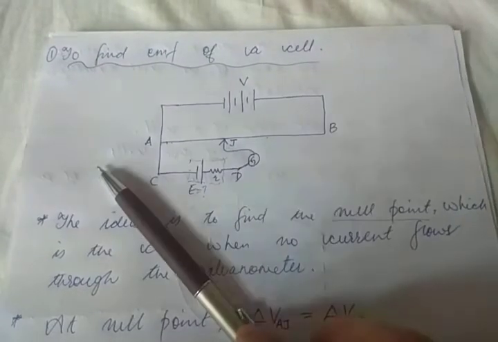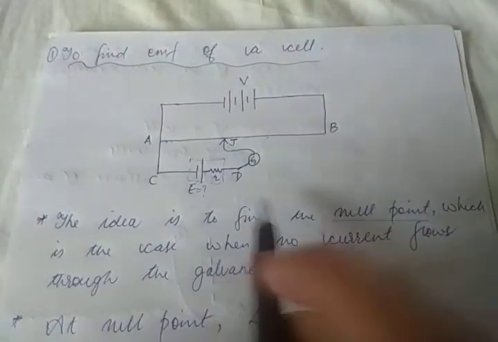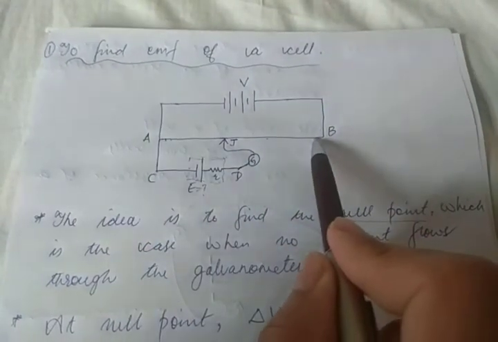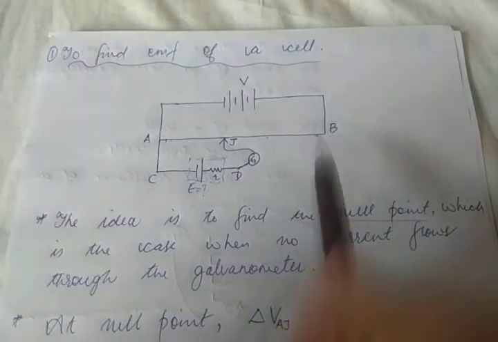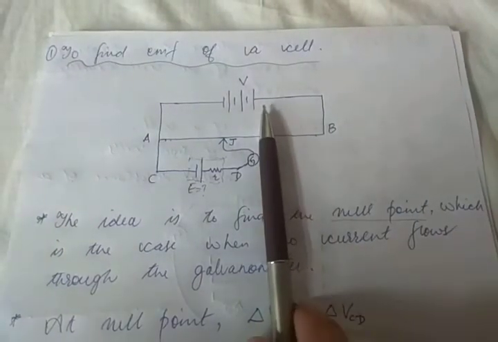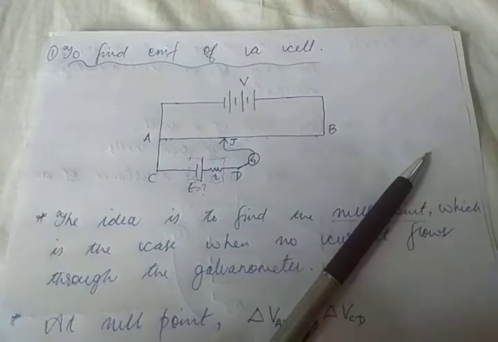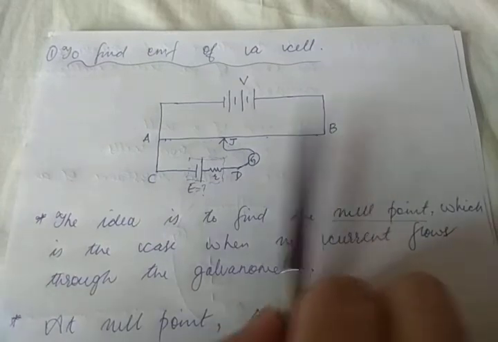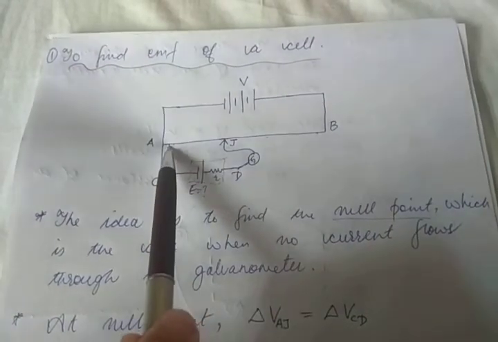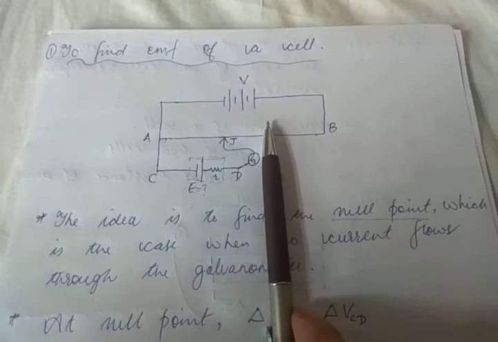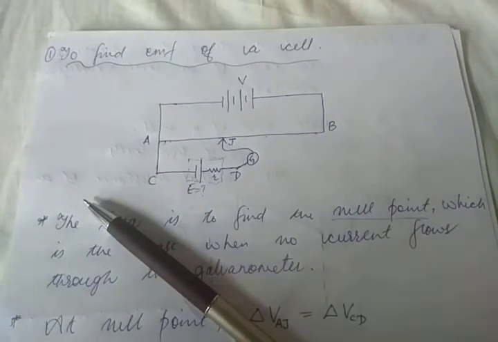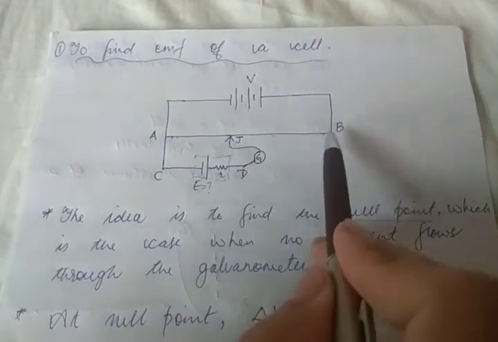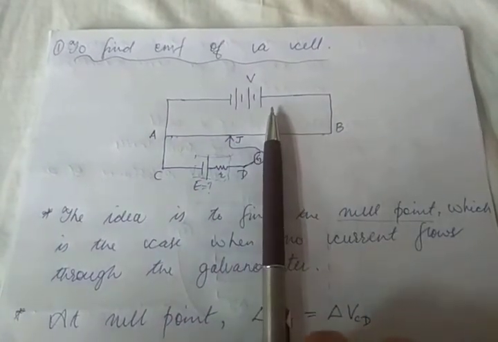Say for example it deflects towards the left, and then after you raise the jockey from this point and place the jockey at some point over here, say for example at point B, you will see that your galvanometer will show a deflection in the other direction. If the connections are done properly, this is what will happen. First, when you place the jockey at one end, you will see the galvanometer deflects towards one direction, whatever direction it be. Here I'm saying it deflects towards the left. Then I place the jockey at the other end,